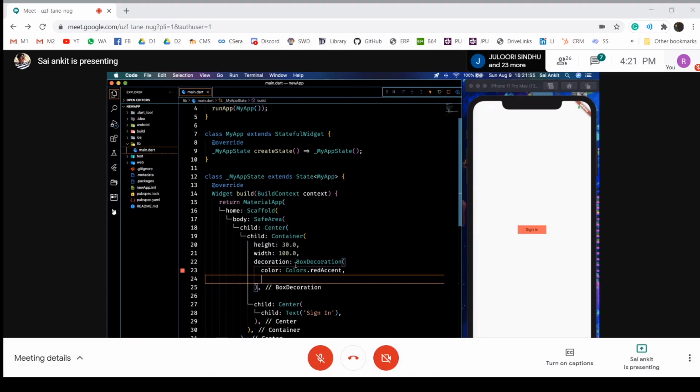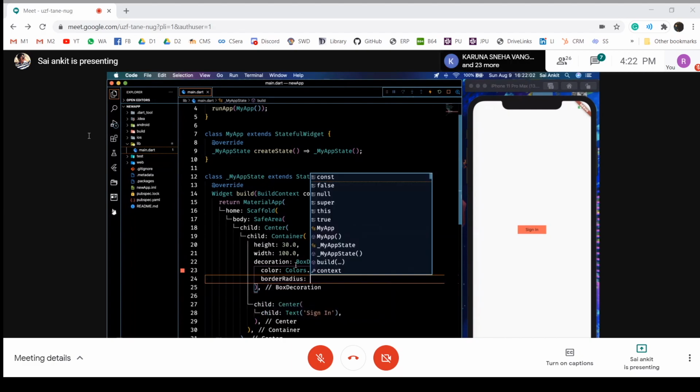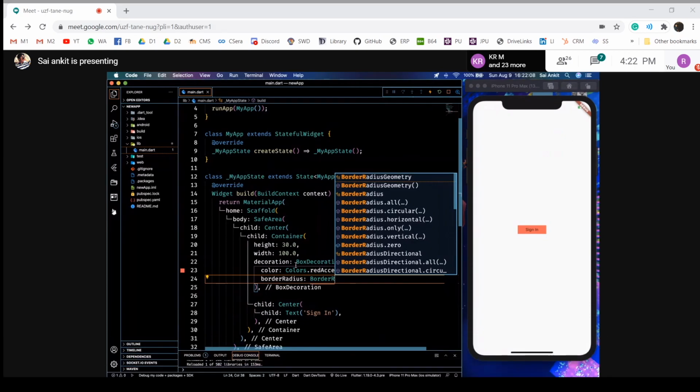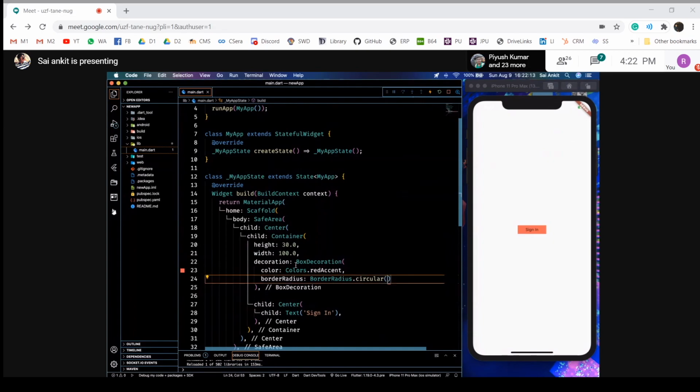And then you wanted a border, right? So a rounded border. You do borderRadius to be precise, and then you type in BorderRadius again. This BorderRadius again is a widget. So everything in Flutter is a widget. When you type in just BorderRadius, you get this option called BorderRadius.circular, and then you just type in something like 15 units of border. Yeah. So you get a cool looking button now, right? But the issue with this is you are unable to see this black color, right? So you want to customize the text color.